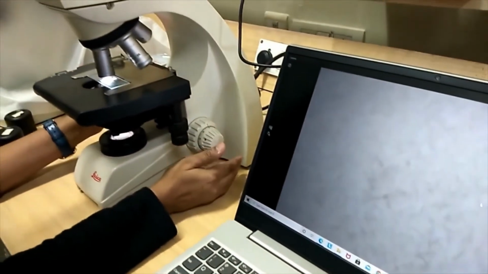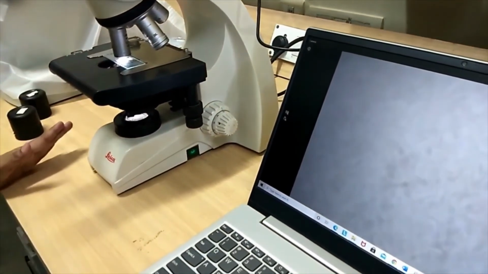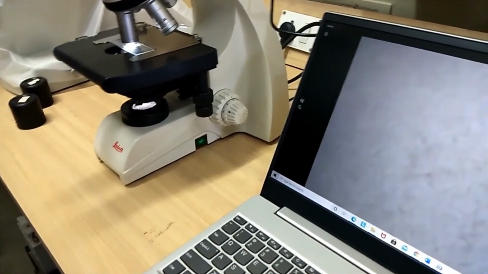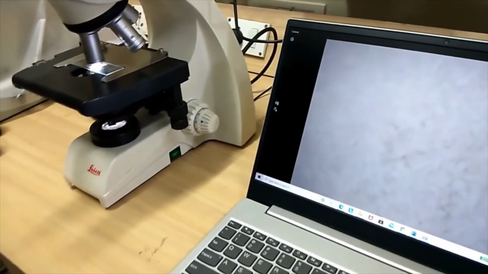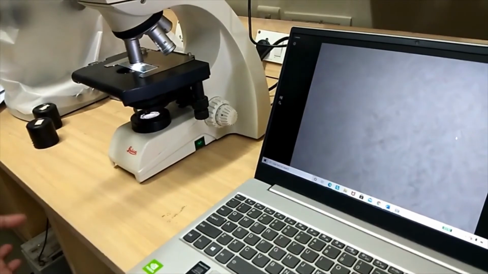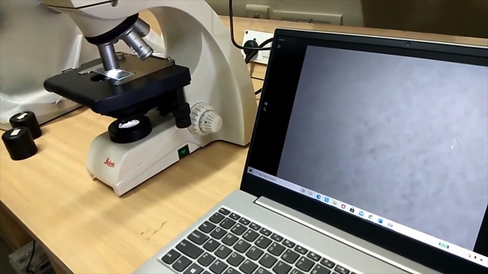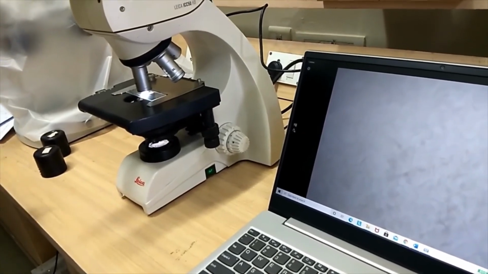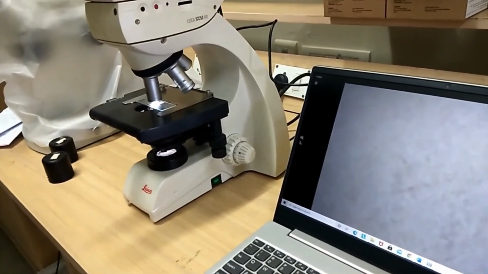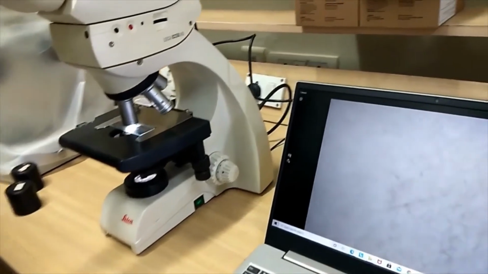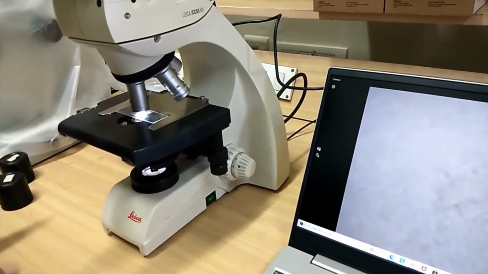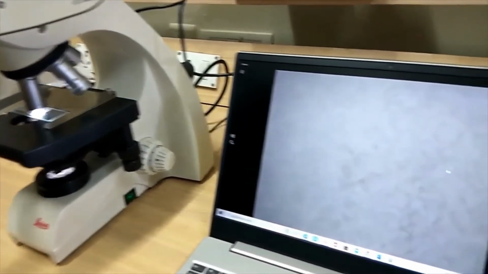What magnification to be used, and at what magnification a sample should be seen, totally depends upon what information you want to extract from your sample. As I said, if you want a clear morphology, it is always advisable to go to a higher magnification. However, if you want to do some mobility study, it is always advisable to look at a broad area so that you can actually trace the mobility.